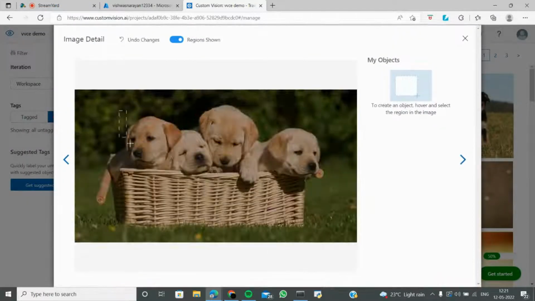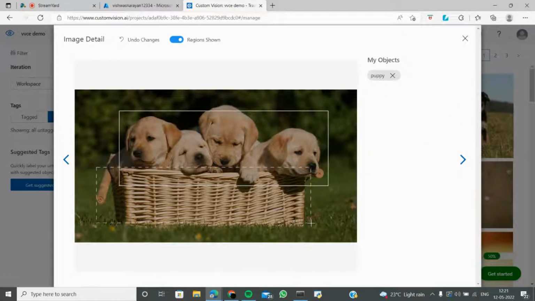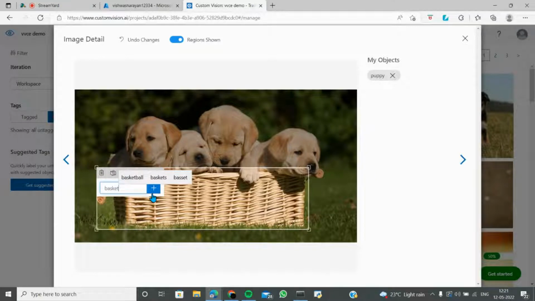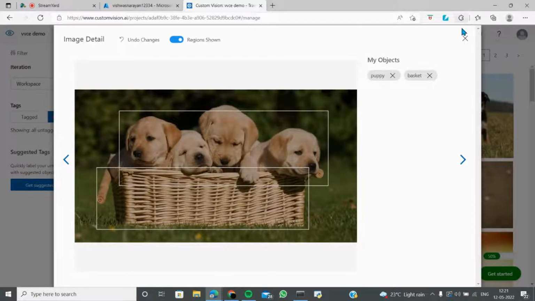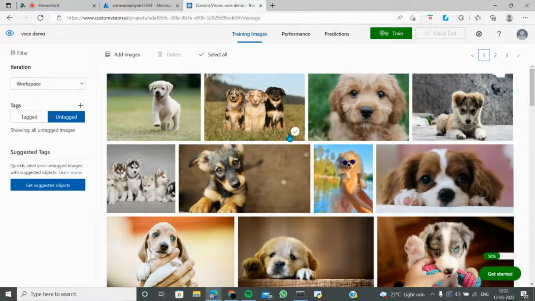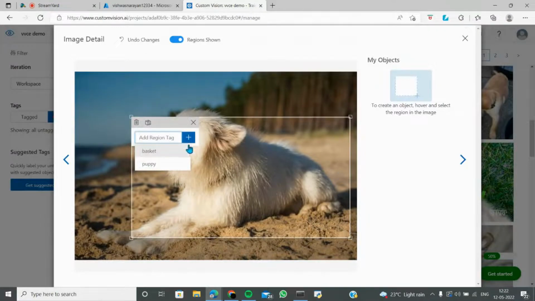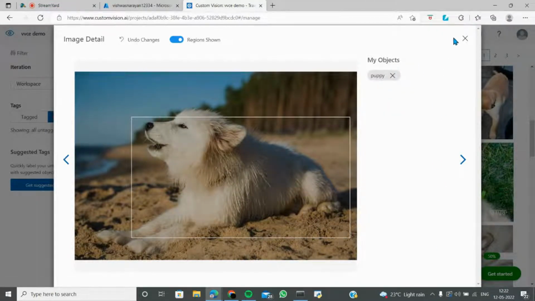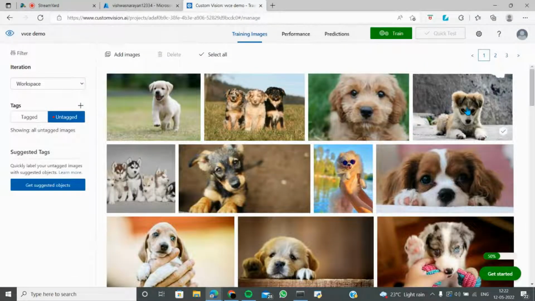So I can say puppy here and it will just get added. And I can say basket here, and it will also get added. Basket for basket. Yeah, I will add basket and see the magic. It just got updated here. So that's how it is. I think what we can do is, it's a silly thing, but if you don't add some more amount of things, I can say puppy and I can close it. This will be getting saved and I can say puppy.